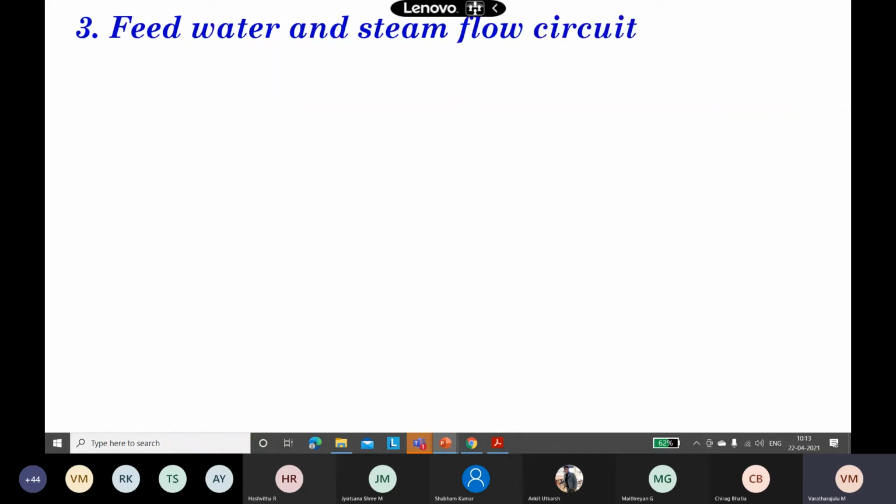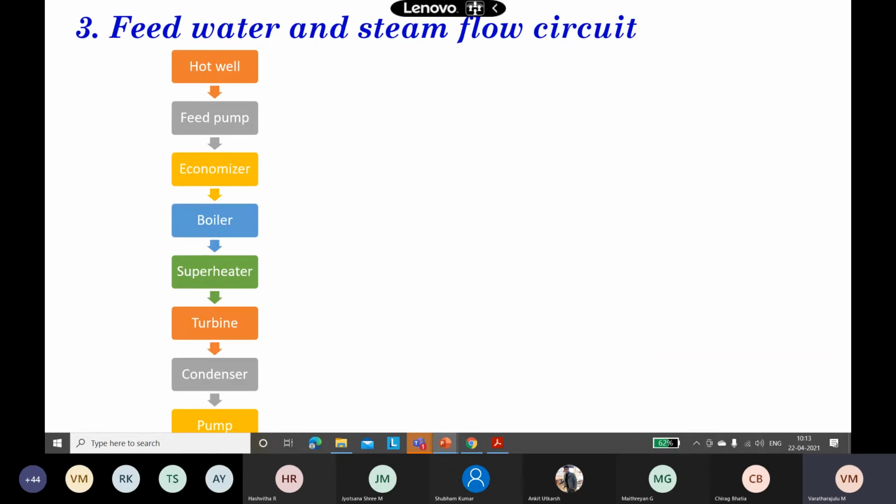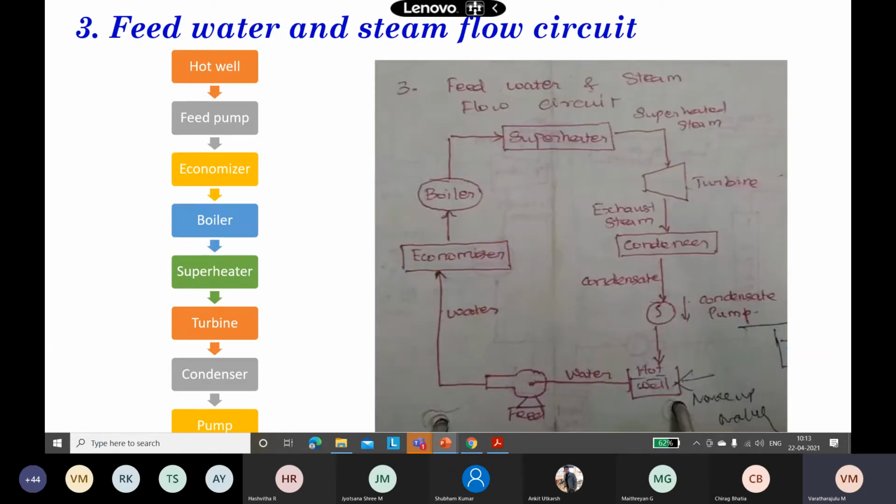Yes. The third circuit is the feed water and steam flow circuit. The high pressure steam generated in the boiler is supplied to the steam turbine, and therefore the work is done by the expansion of the steam in the turbine. The pressure of the steam is reduced, and